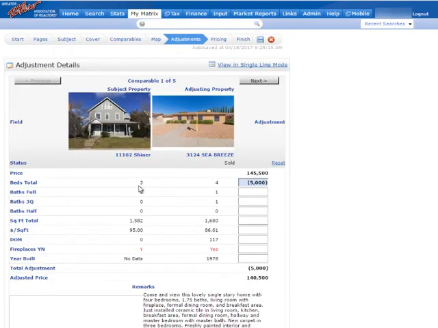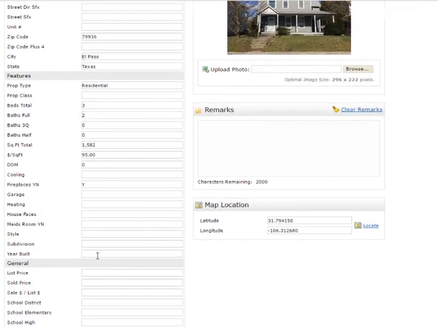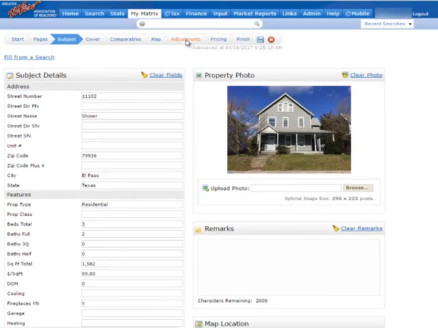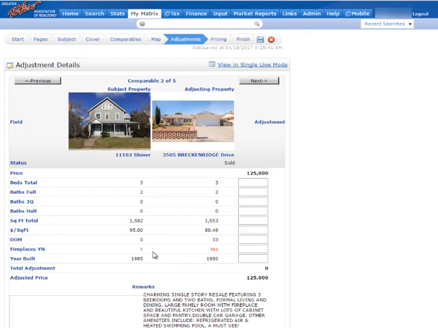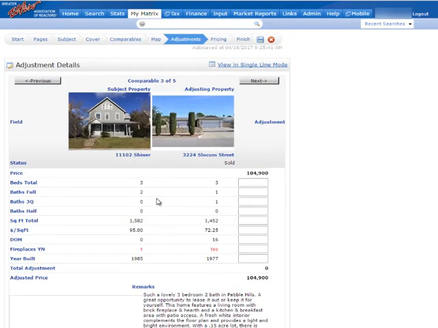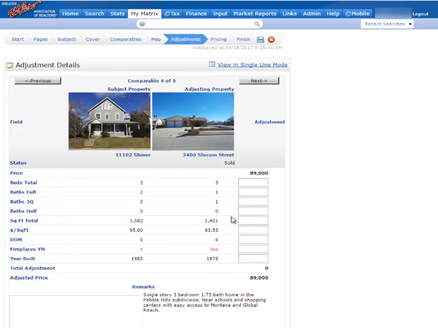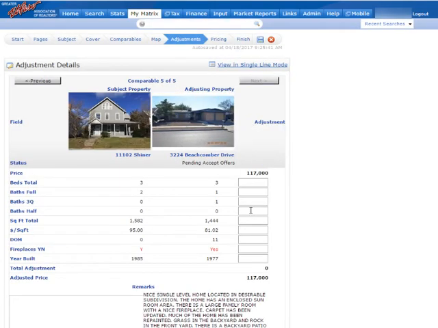So you can see now it looks a lot different, because this will go on the adjustment page of that report. You can see your year built is still missing. If I wanted to complete that, I could go back to the subject page and put what I hope is the accurate year built. And now I can do a full comparison of the fields I've entered. I'll go to the next comp. I can see there's nothing really I want to look at for making an adjustment. All right. So if you're done making adjustments, or maybe you don't want to make any, you can go on